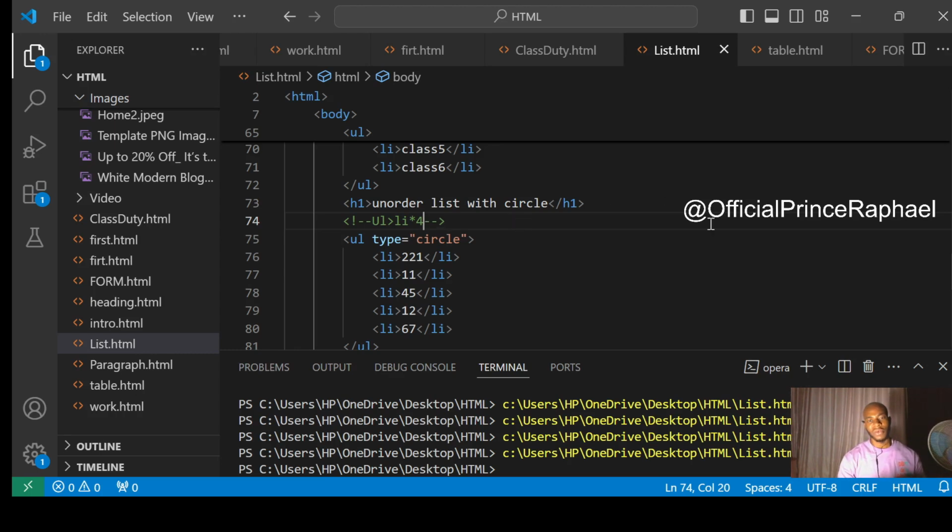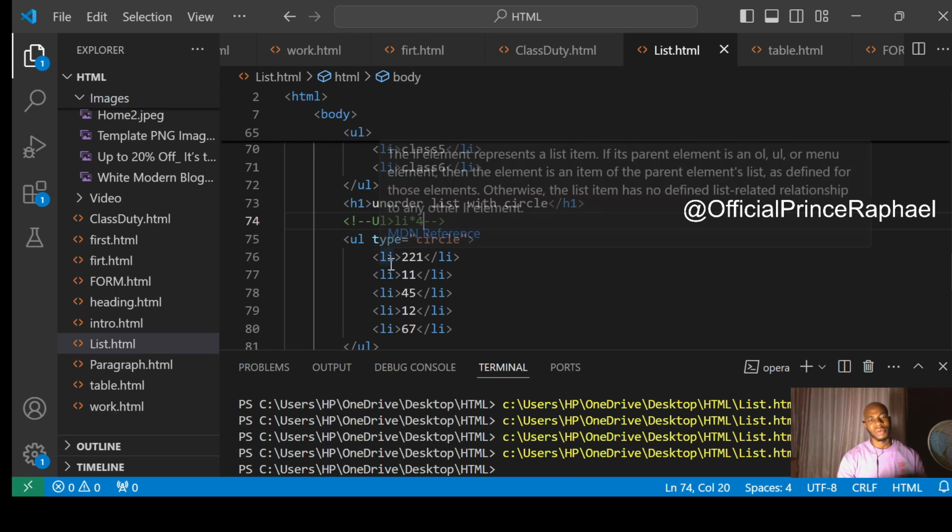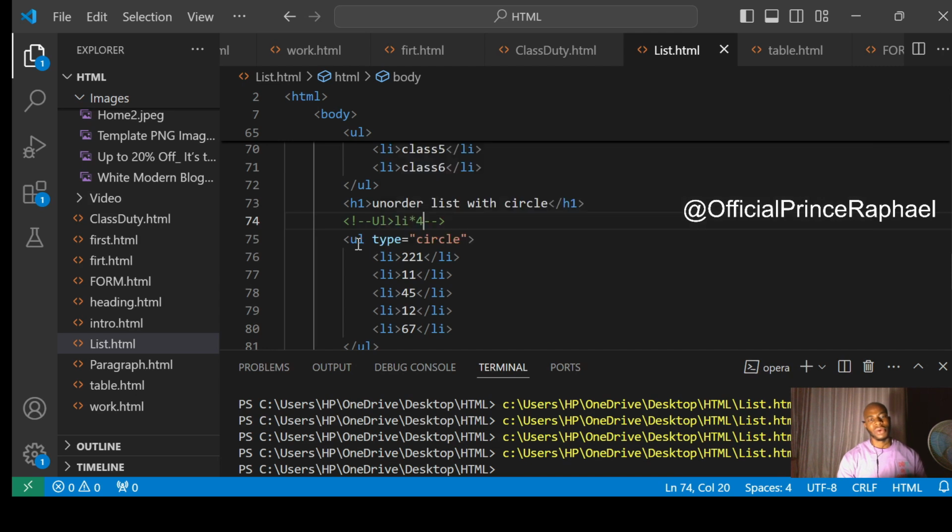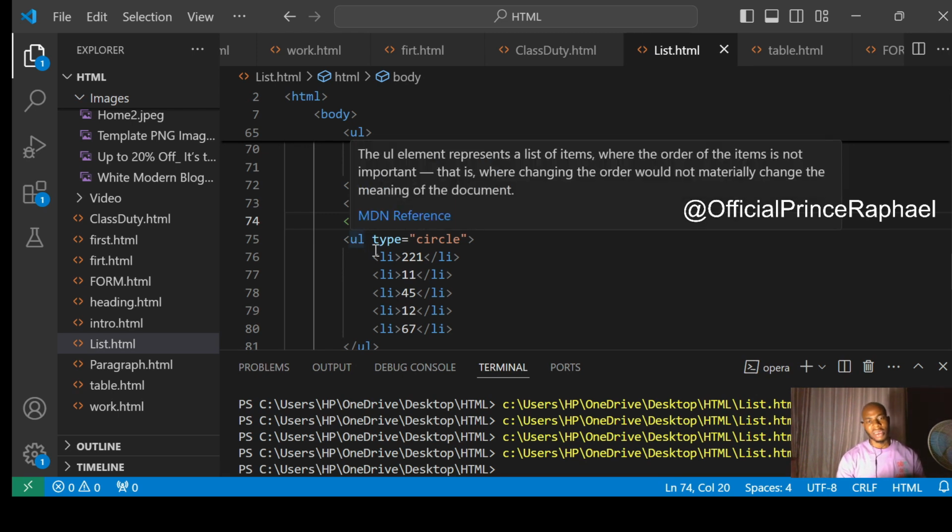The VS Code dashboard is easy to learn and easy to control, since most things are already programmed for us to make life easy. You can see when you move around the text, it can even give you an explanation of the H1 element. H1 stands for header, UL for unordered list, LI